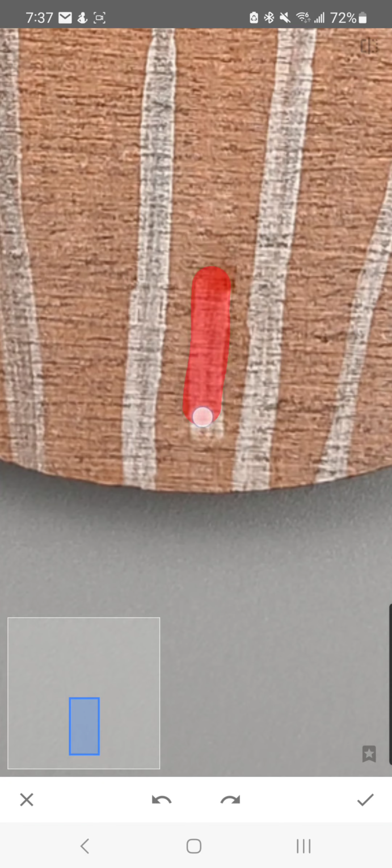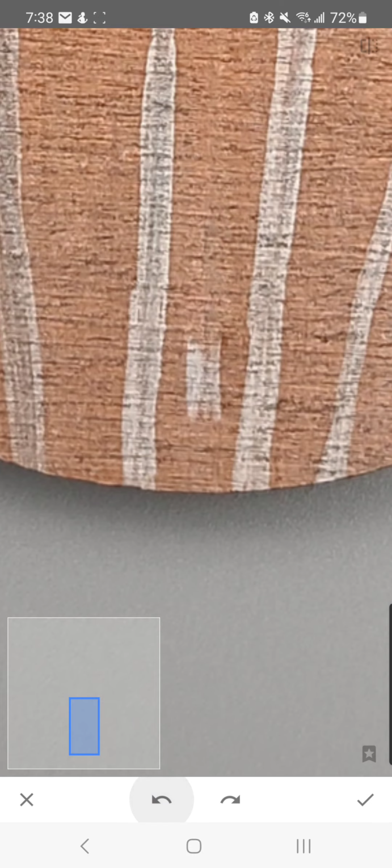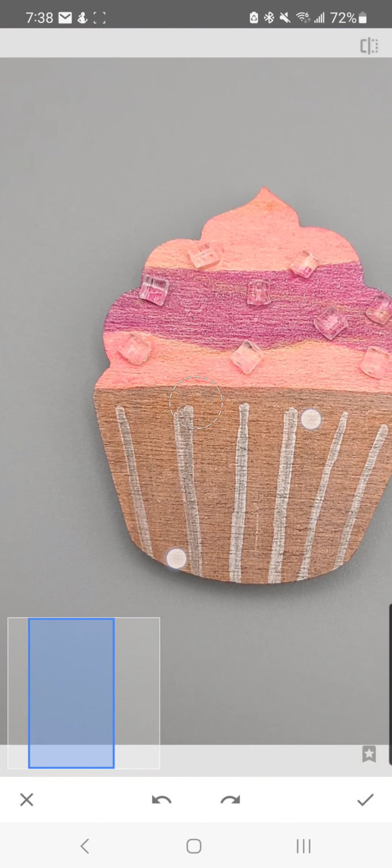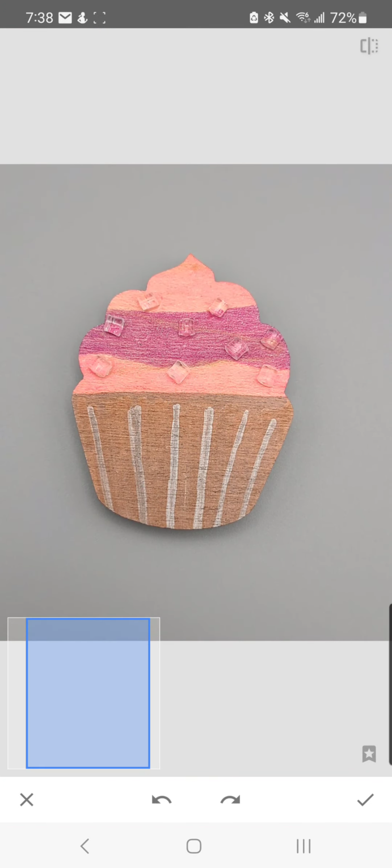Sometimes it picks up something next to it and then it messes it up when you do the healing. So you kind of have to be careful with that. I'll just hit the back button a few times to get that back, so I'm not able to fix that little imperfection right there, which I don't necessarily want to fix, because